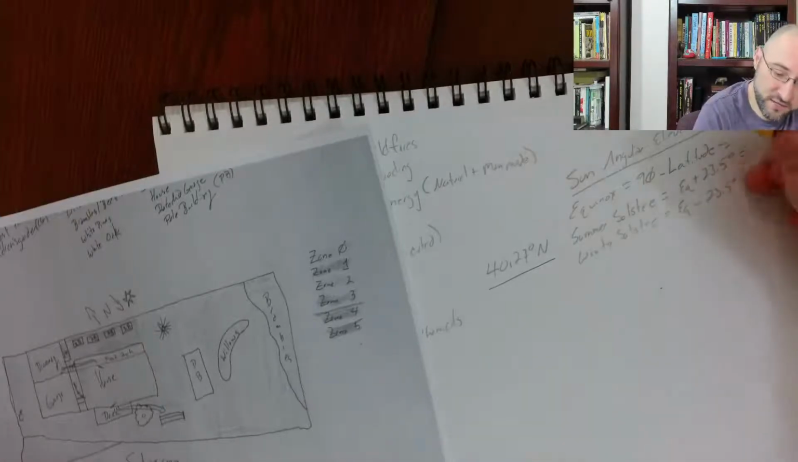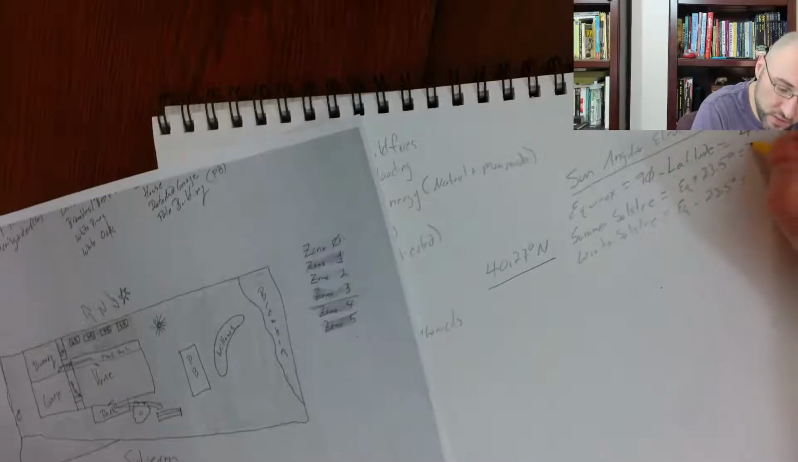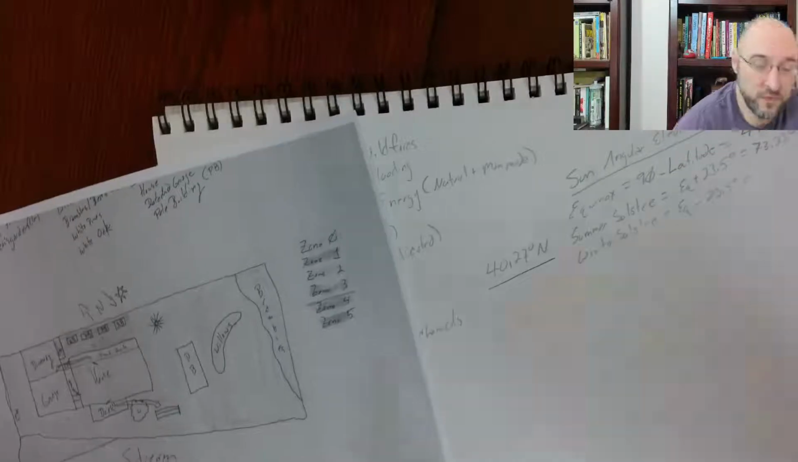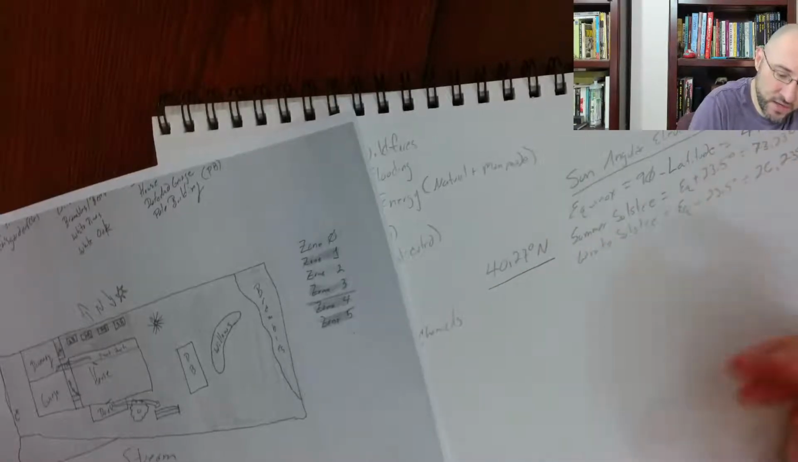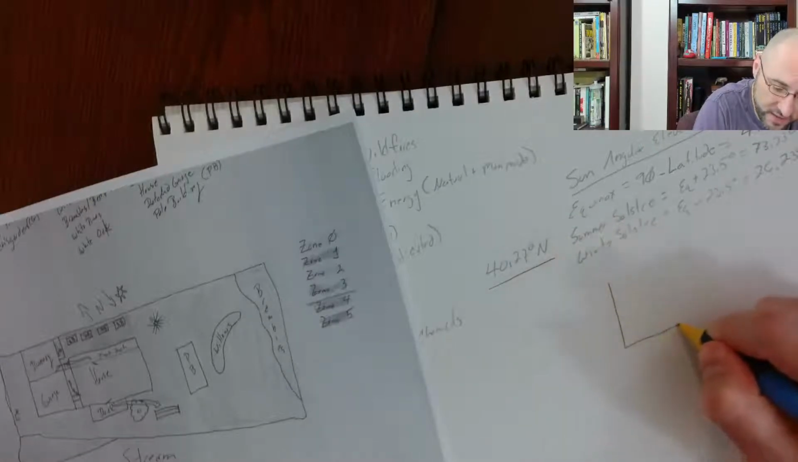So then the equinox elevation here is going to be 49.73 degrees. The summer solstice is going to be 73.23. And then the winter is going to be 26.23 degrees. And so then if I had my handy dandy compass, we'd be able to map this out so that